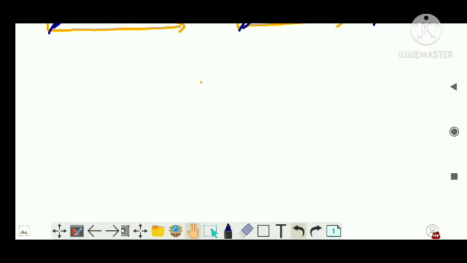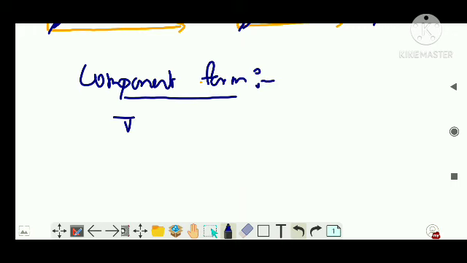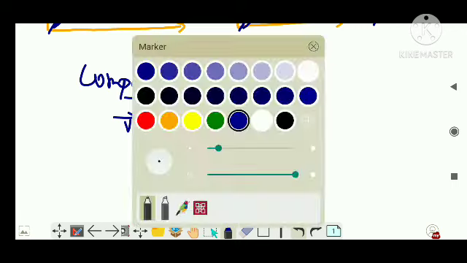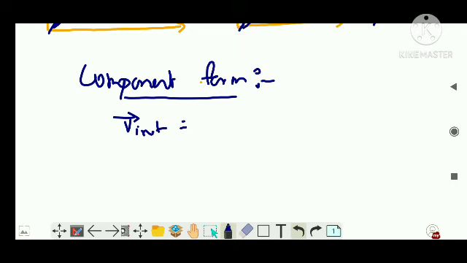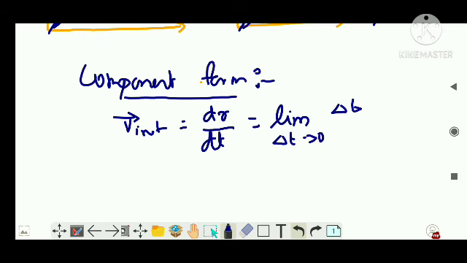Now when someone asks you to write it in component form, how would you do it? So write the heading: component form of instantaneous velocity. What is instantaneous velocity? Write it as V instantaneous is equal to dr by dt. I'm sorry guys, I'm using multiple colors because it takes time to change color. It is better to use them only for graphical representation. So the last color I used for the graphical representation will be continued for the next writing. So what is dr by dt? It is limit delta t tends to 0 of delta r by delta t.